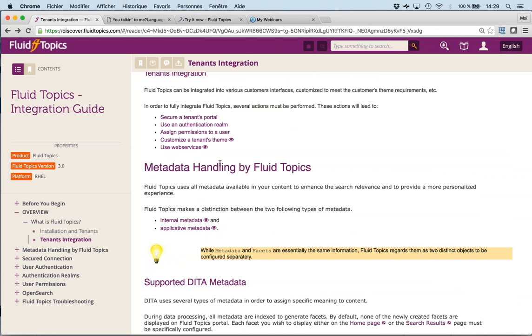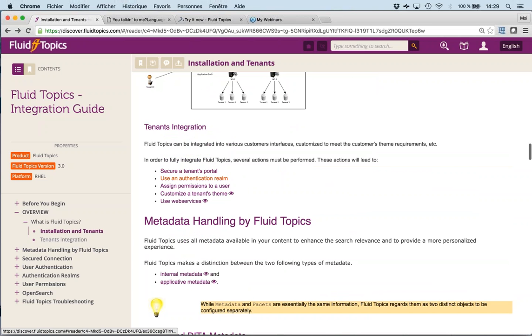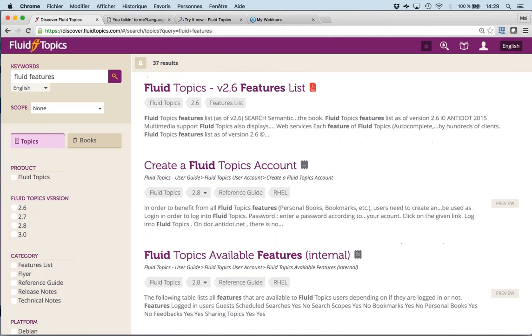So for the rest of it, I think you know the main features. We've seen the reader, we've seen the search. Well, let me search again, let me search Fluid Topics features. And you see in the search results we've changed the experience a little bit, and the PDFs are rendered and displayed in the same way as any other topic. So we now consider legacy documents as topics when we index them. We index the full text of the documents.